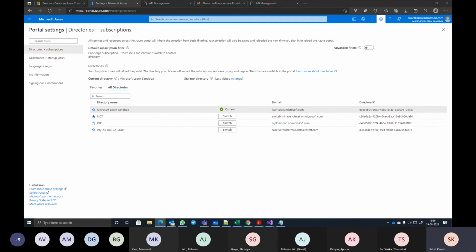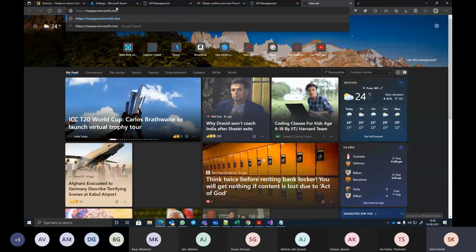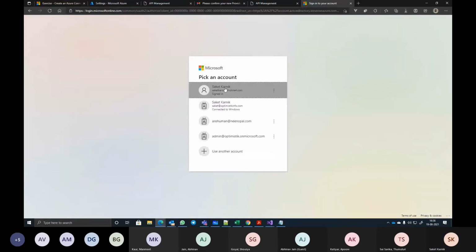Okay, so they seem to have provided a different website for this now. It's myapps.microsoft.com. Log in there with the same credentials.